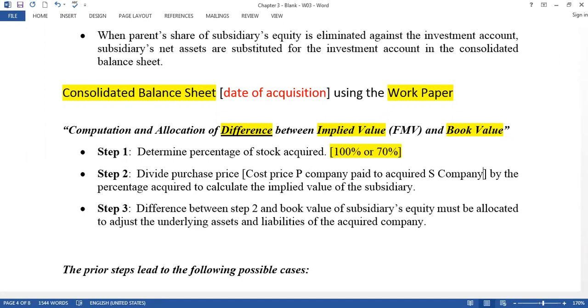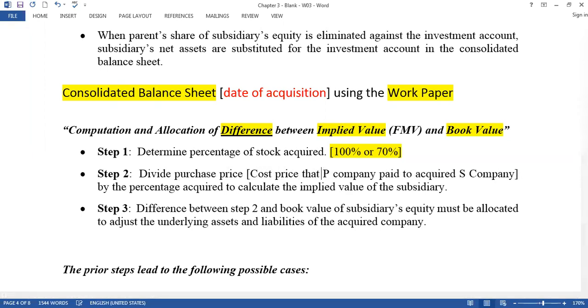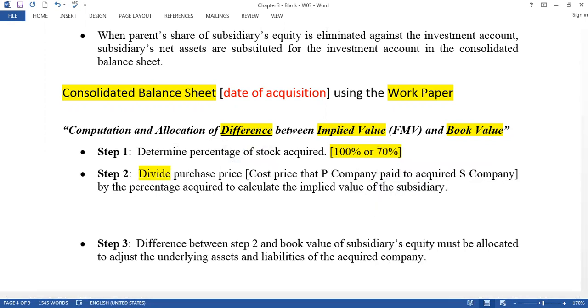So you have to find out the cost price that the parent company paid to acquire the subsidiary company. Then when you have this information, we have to divide this number by the percentage we already know. So don't worry, this is something like this. For example,